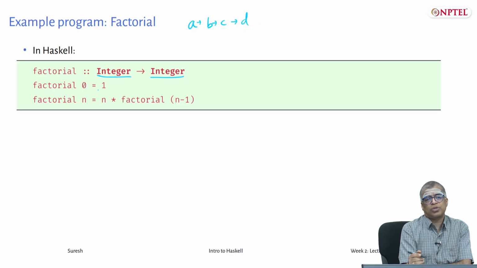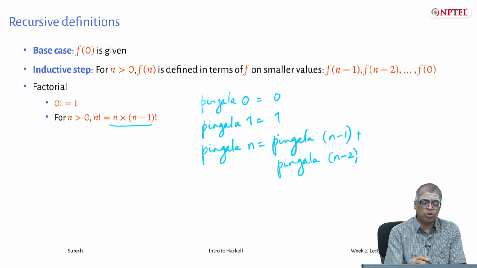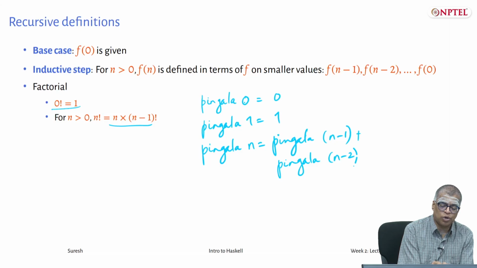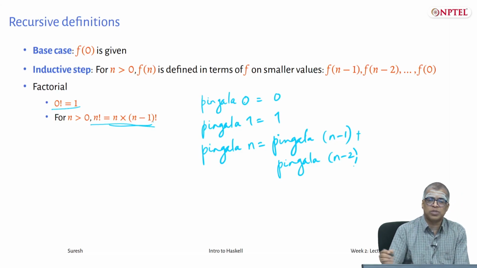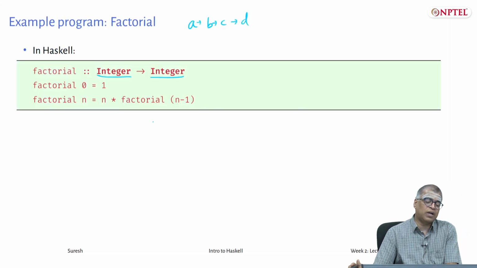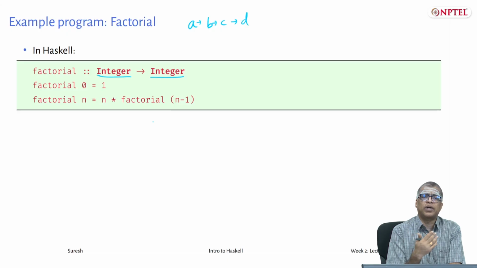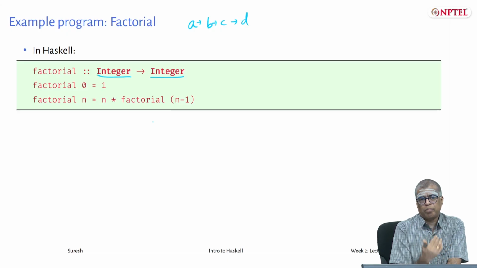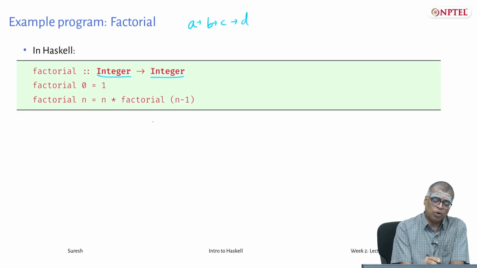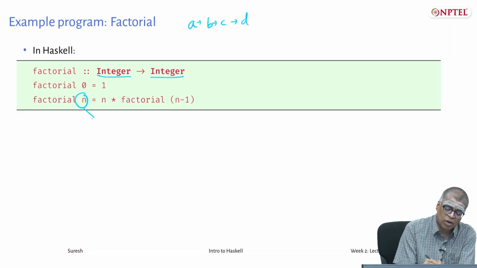So factorial 0; we are using pattern matching to do this definition. Factorial 0 is 1, factorial n is n times factorial n minus 1. This is exactly reflecting the two clauses of the definitions here. 0 factorial is 1, n factorial is n times n minus 1 factorial. So that's exactly transcribed into two lines here. This is a multi-line definition. Each line caters for some particular pattern of the input. Note that this n is a general pattern. All values of integers will match n.